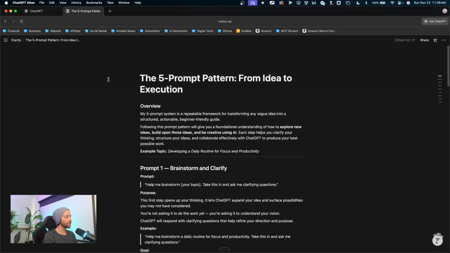So, we're getting to a point in AI where we can't just be stumbling around and fumbling and practicing using AI anymore. We have to start knowing how to use it, how to make it work for us, and implement it into our business. So, I put together this 5 prompt pattern. This is what I use to learn anything, to build anything out, to develop a plan and focus before I start doing anything. This 5 prompt pattern is the bare minimum that I need you guys to understand to continue